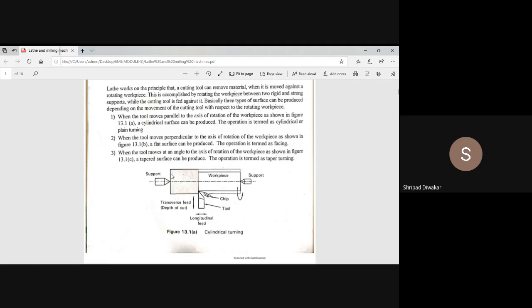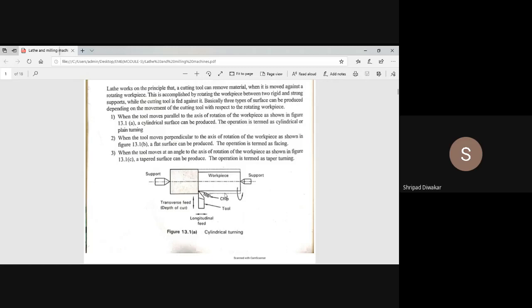First, this is the headstock, and in the headstock we have the chuck. Chuck means we can hold the cylindrical workpiece in the chuck. That is a magnetic operated chuck, and we can hold the workpiece inside the chuck. And one more is there. This is called a support, which is the tailstock. This left side is the headstock and the right side is the tailstock, and this is the given workpiece.